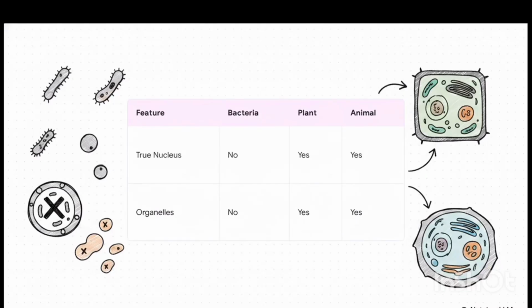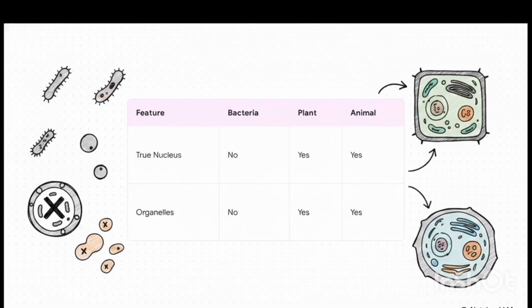When we look at this comparison side by side, the difference is huge. Bacteria are prokaryotes. They lack that defined nucleus and those specialized rooms. But plant and animal cells, they're both eukaryotes. And this distinction is an absolute game changer. Huge organisms like you, me, the dog, the trees outside, we need millions of cells working together without everything breaking down. We absolutely rely on this compartmentalized eukaryotic architecture to pull off complex bodily functions, and quite frankly,